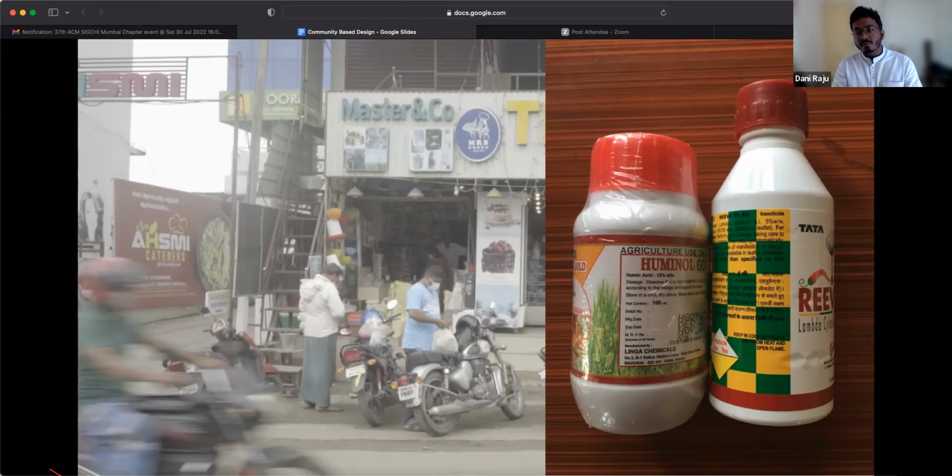And when you think about the impact of, for example, this huminol, what all the ingredients of this pesticide are, or how it should be handled, how it should be used, all this information is available, but not in an accessible form. For example, safety data sheets. I think the United Nations has a wing that looks after the safety data sheets for almost all